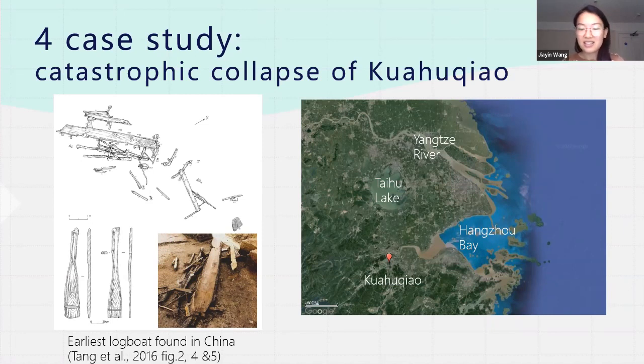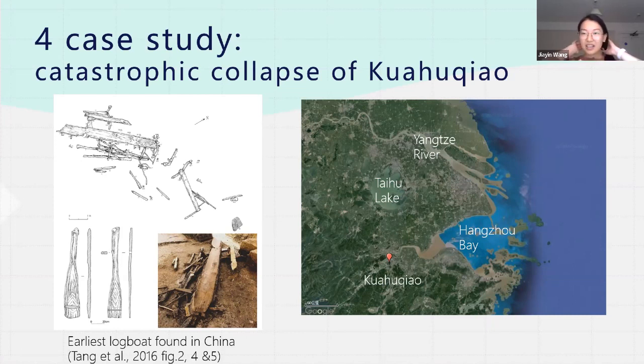This site emerged at around 8,000 years before present, when the sea level was still rising. The rising sea level and the monsoon in East Asia, all these factors caused severe overbank flooding and tidal waves here in Hangzhou Bay, which finally caused the catastrophic collapse of